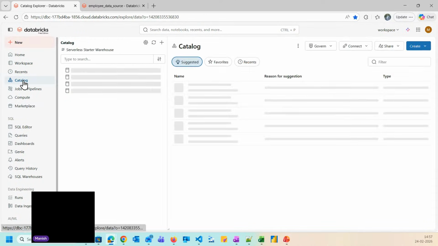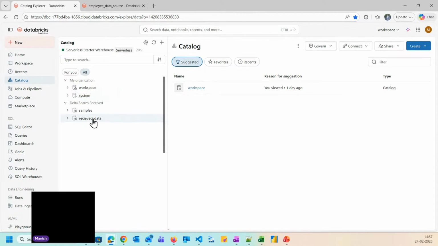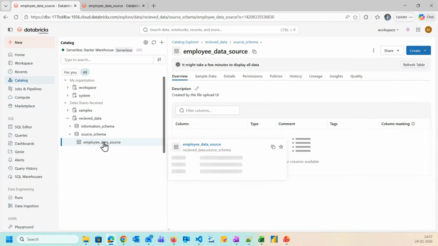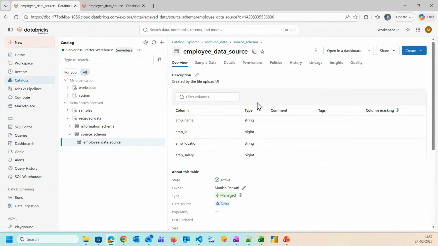If I go to the catalog here, you can see that in the Delta Sharing received section, our catalog is available. If I open this, you have the source schema, the table, and the data here as well. So we just shared the data from the provider, and we received this data as a recipient.